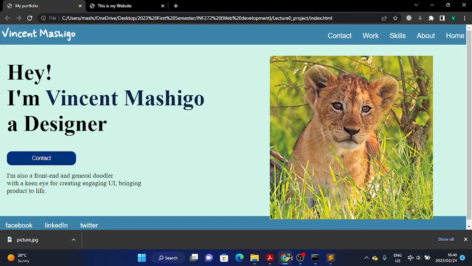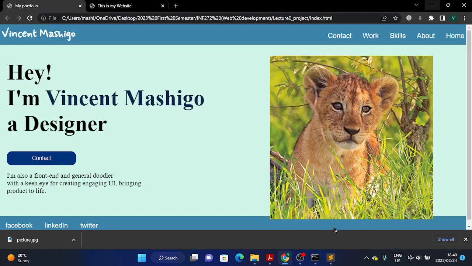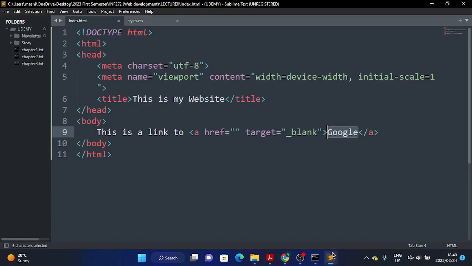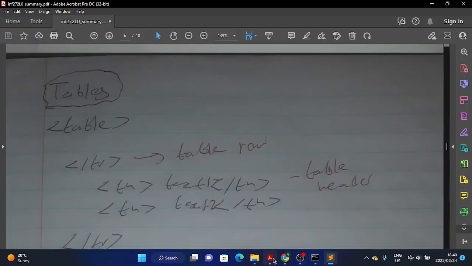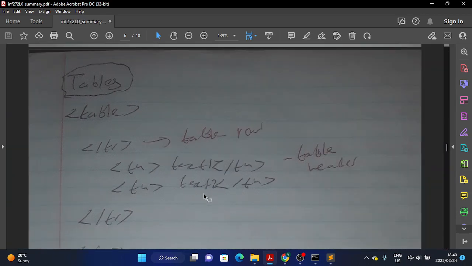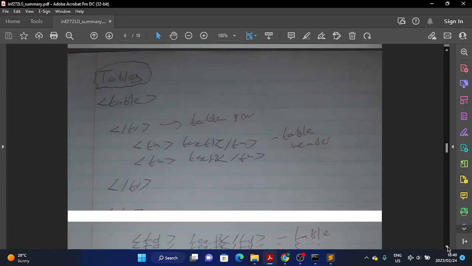So now we can move to other things. So the next part is your tables. So this is going to be a long, boring session because it's the theory. So now you have your tables. So for the tables,